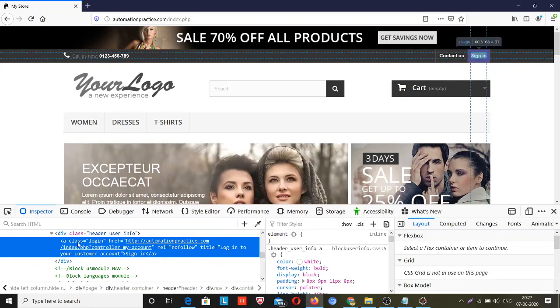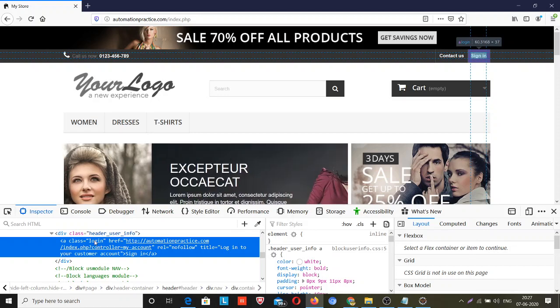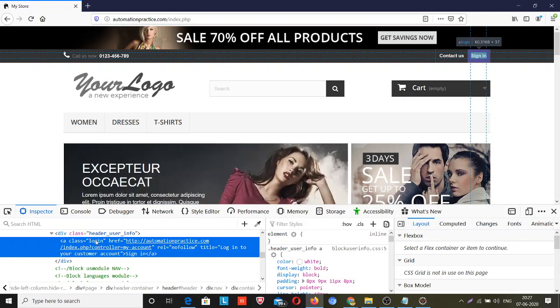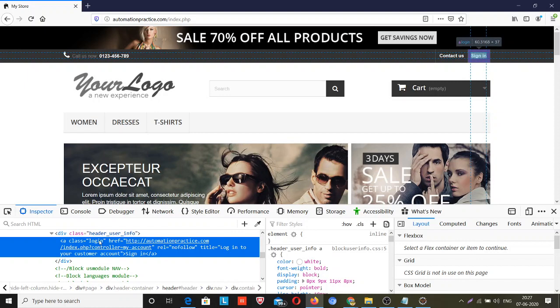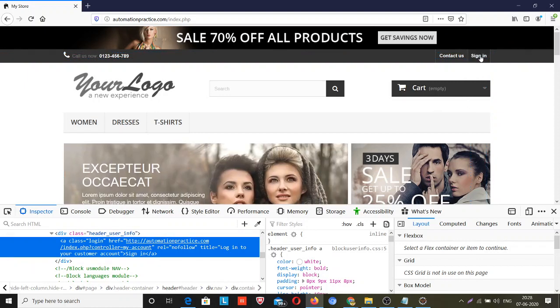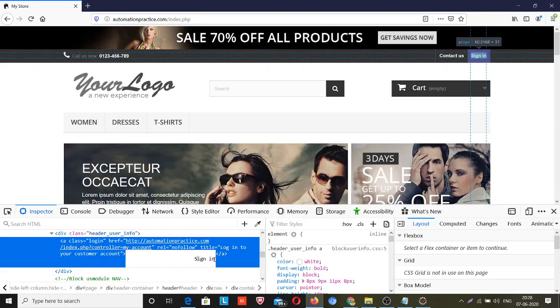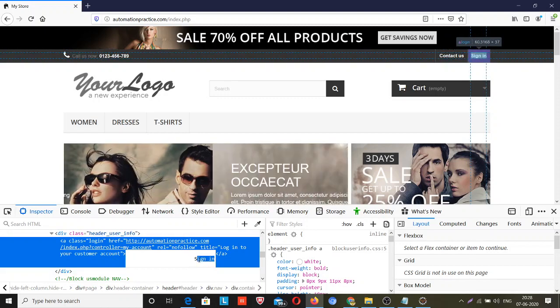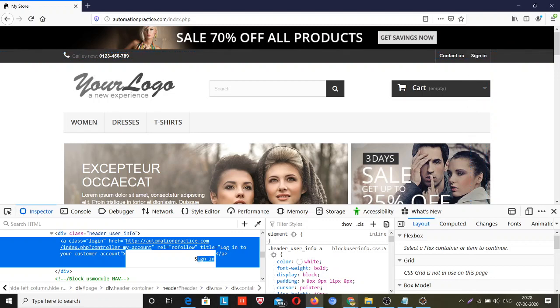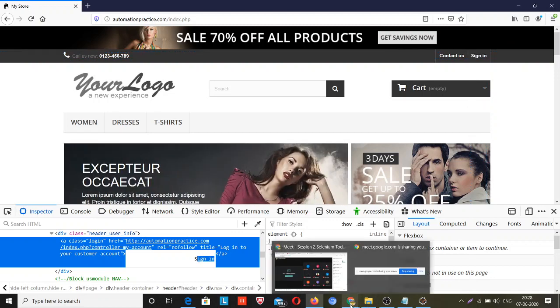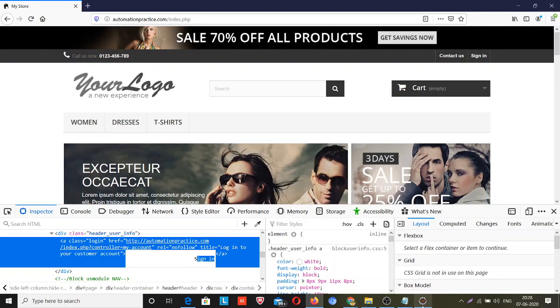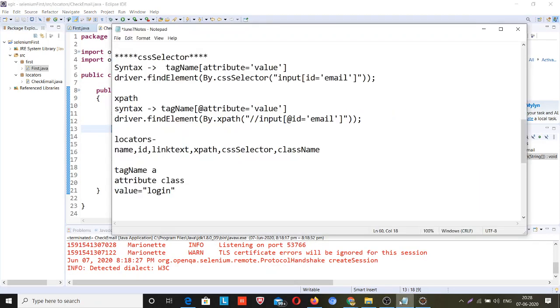I have a class, but this is not common for all; this is genuine, because this is the sign in button and login relates to this, so it will not be common. Otherwise, another piece of information present is that this is the link text. Wherever you find anchor text, you can use link text over there.